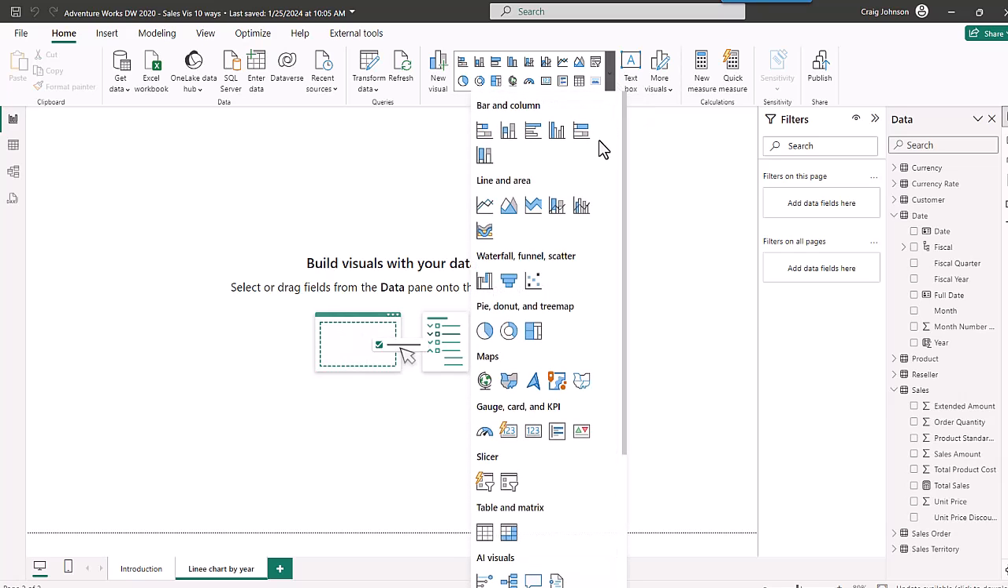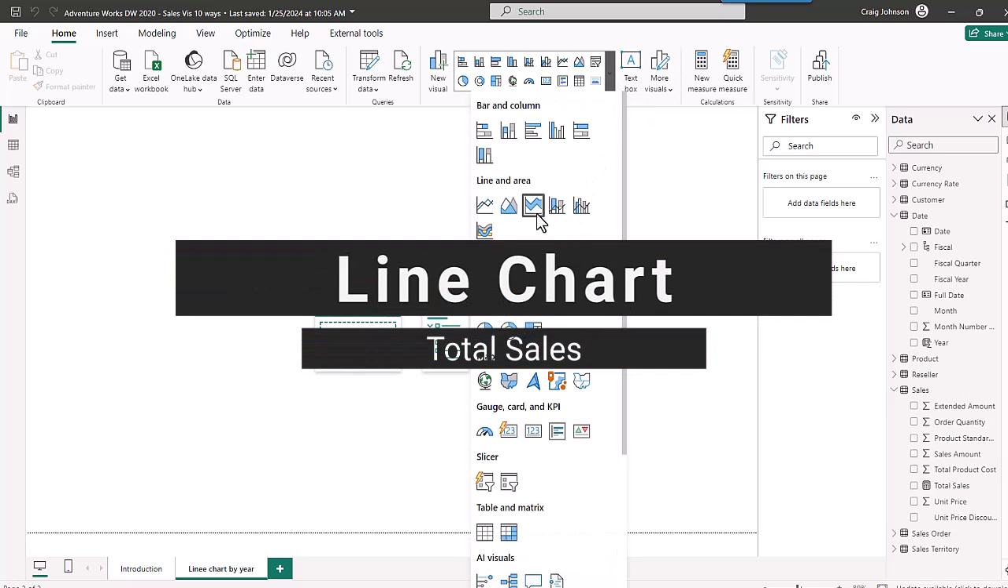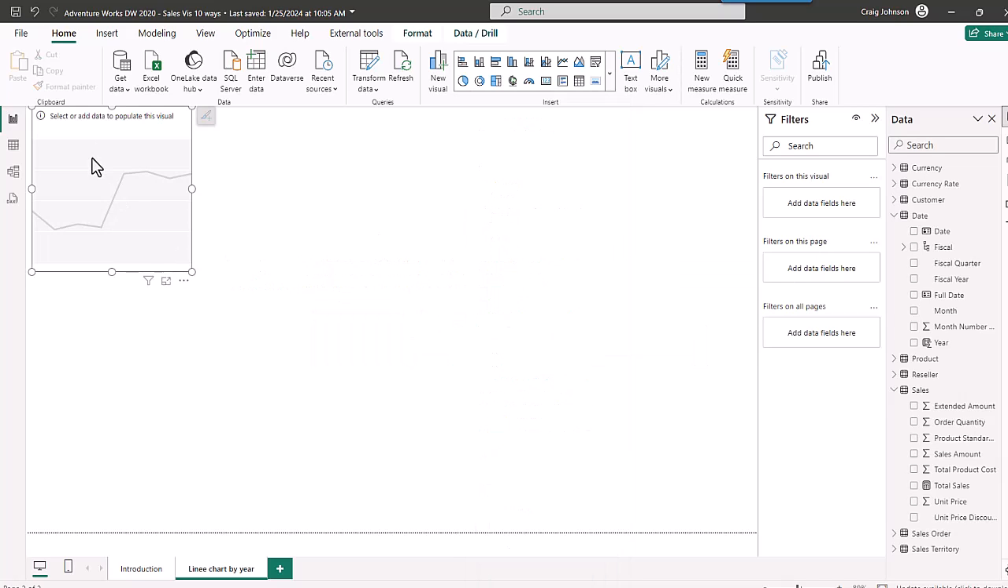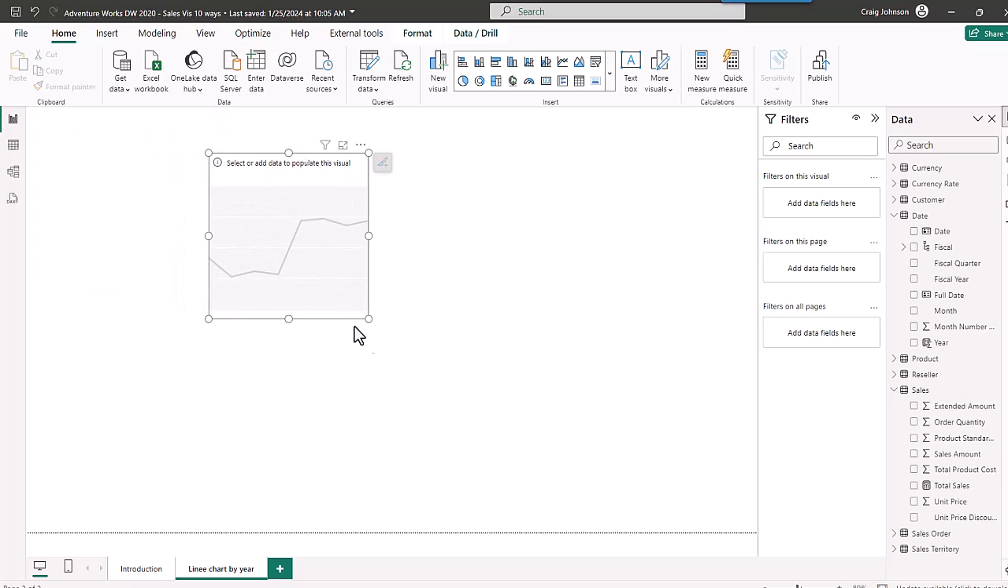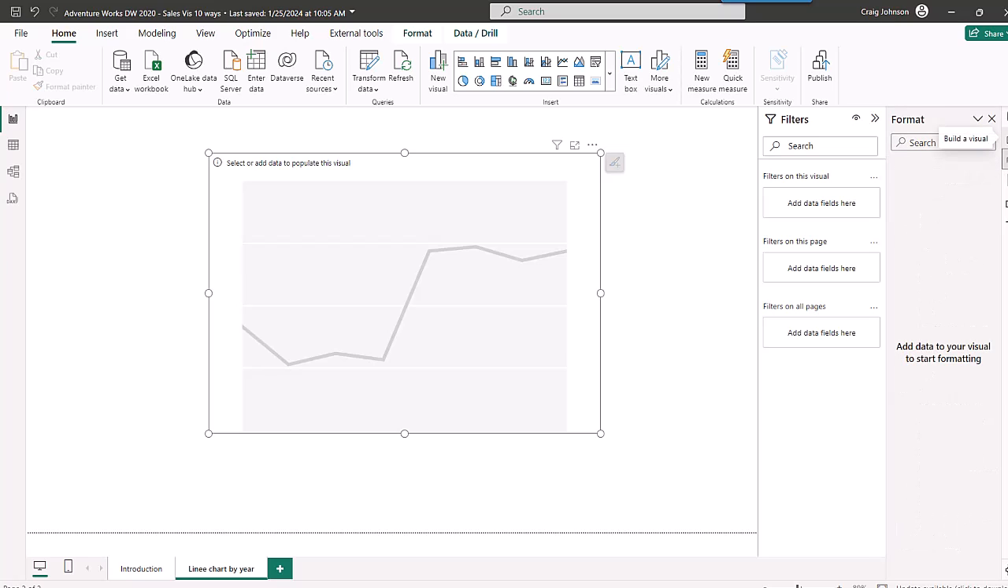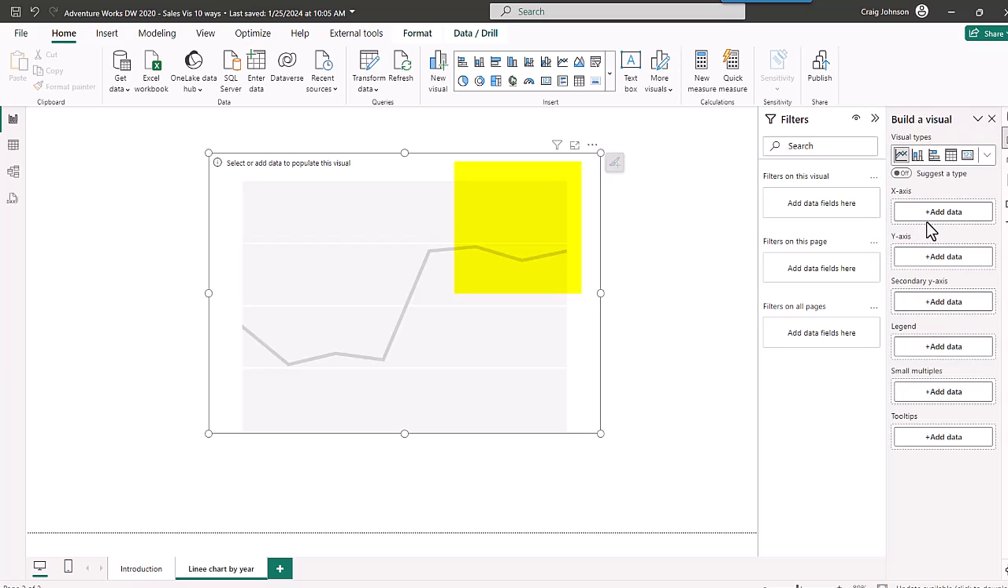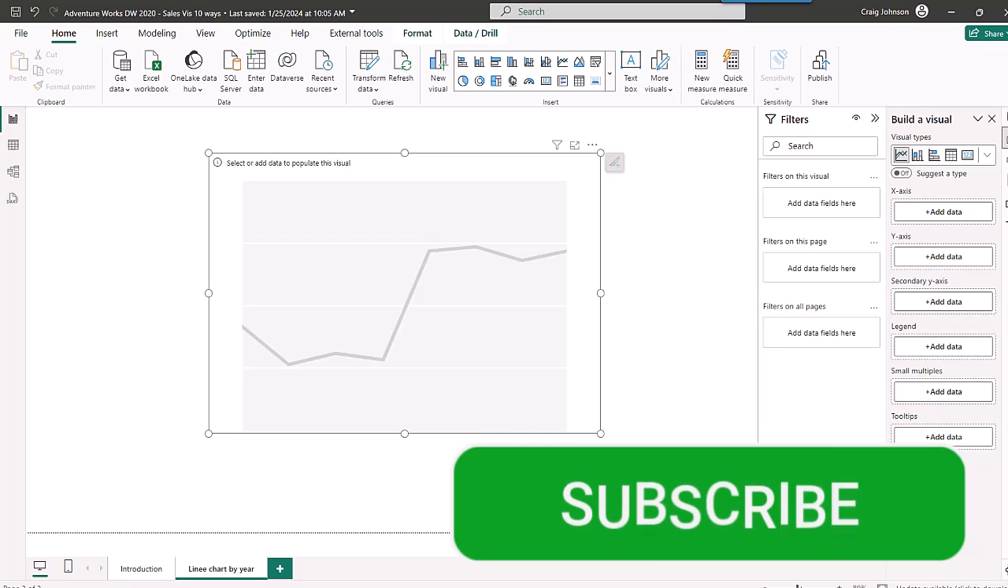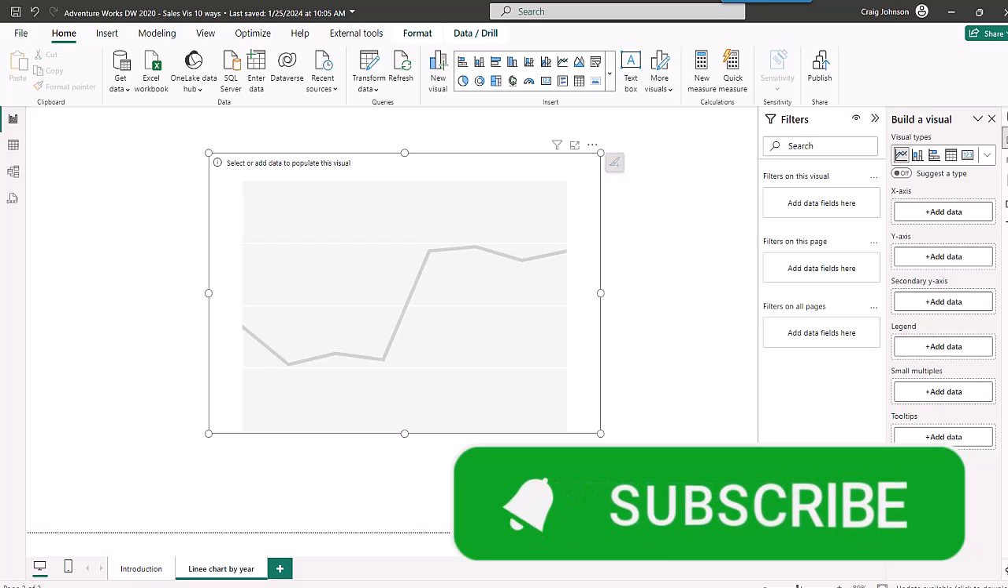If you go to the line and area, if you select the line chart option, that will bring up a brand new line chart. And we're going to make this bigger. When you go to your formatting options, we don't have any formatting options yet, but we do need to build the visual. So for the x-axis, when you look at it, we are going to be looking at the x-axis,